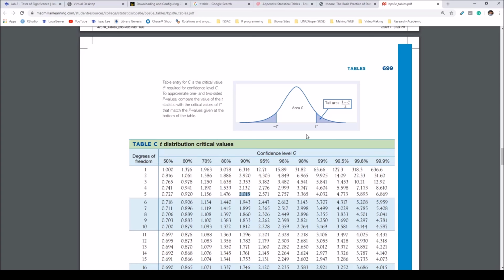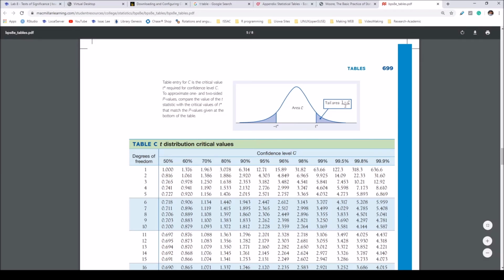Okay, does it make sense? So the area under this part and that part, if you sum them up, that will be 0.1. And this area corresponds to 90.